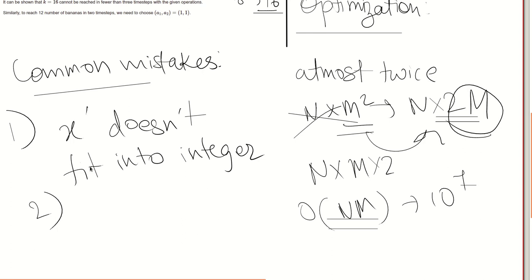We can reach out of bounds, we can access out of bounds limit, and hence it might cause a segmentation fault or runtime error. And then another mistake might be to not use fast input output. It may not matter in this problem, but it might matter in some other similar problem, but it will pass if we don't use fast input output.